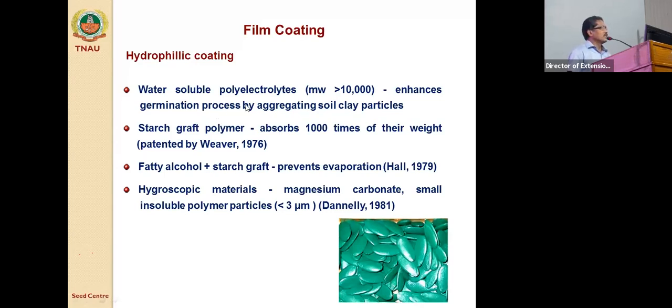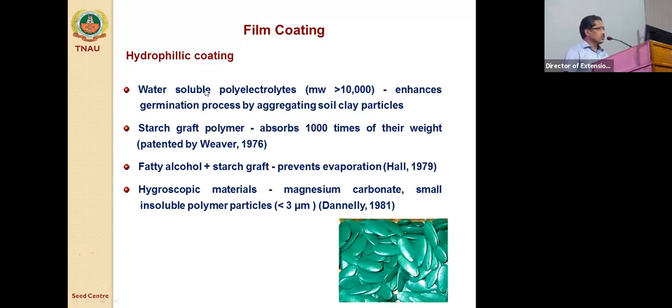For this, different chemicals can be used, for example, polyelectrolytes with high molecular weight, starch graft polymers, fatty alcohols with starch graft in combination, and other hygroscopic materials, to increase the hydrophilic property of the seeds.